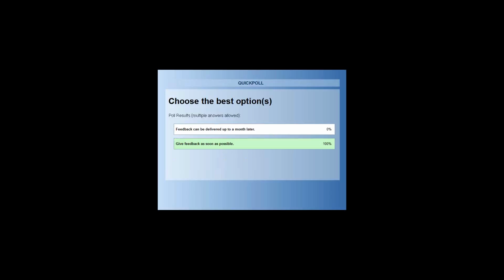That one was pretty obvious. This question was included because of time constraints on everybody's part. We're all busy people. But also to keep it relevant, to keep the memory of what was seen and discussed quite fresh, and to get onto the action plan as quickly as possible. Thanks, Sophie. The next one, please.